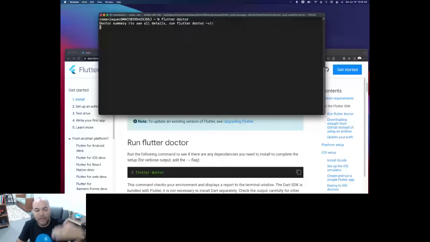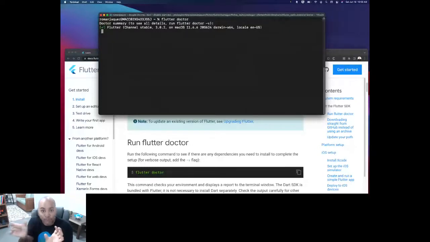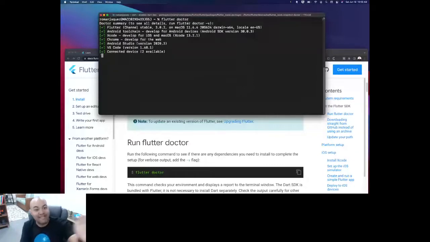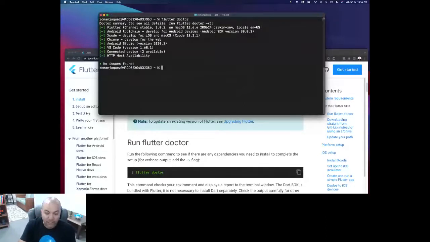So you see all the steps. Download the zip file, which is the Flutter framework. Point your path in your bash profile, if you're running on a Mac. And you see that after I ran flutter doctor, it tells me that I am all set for running